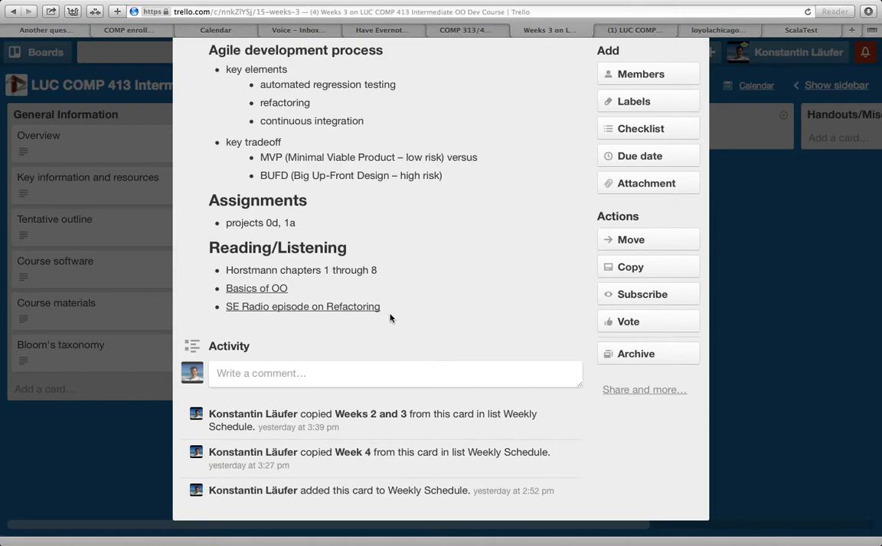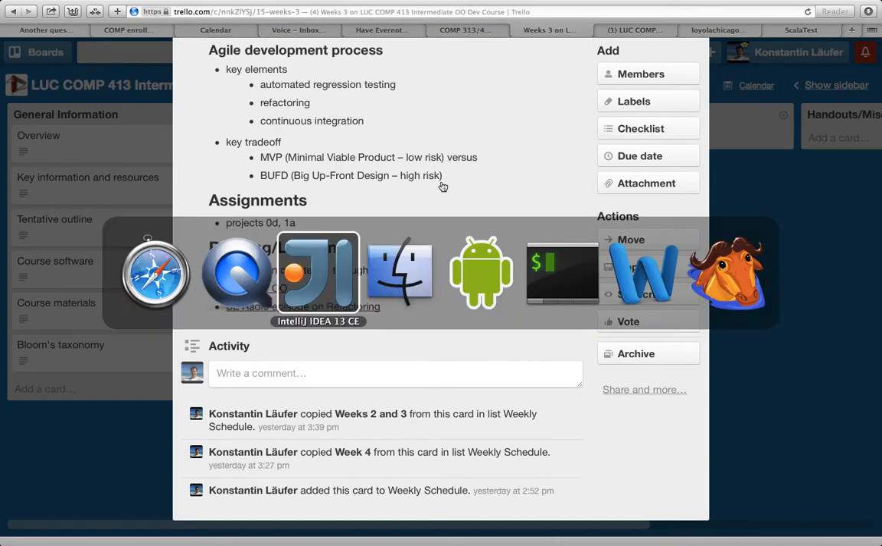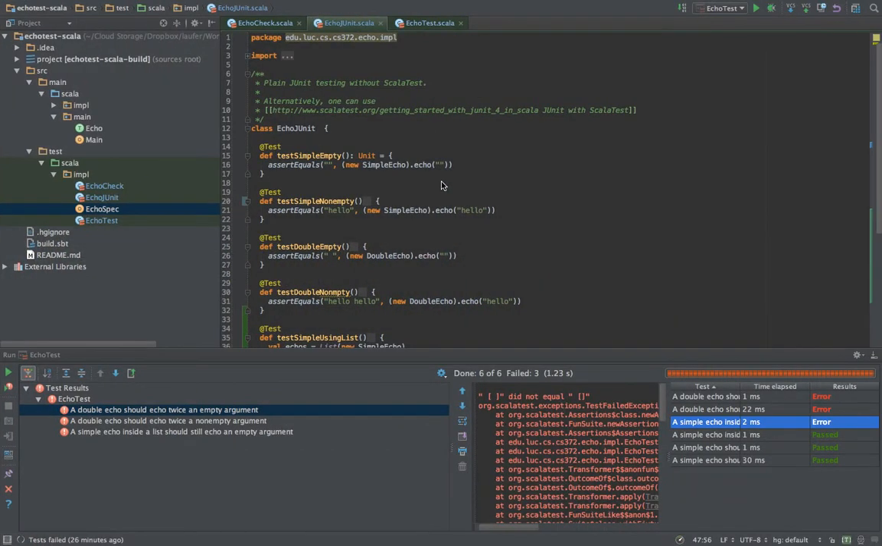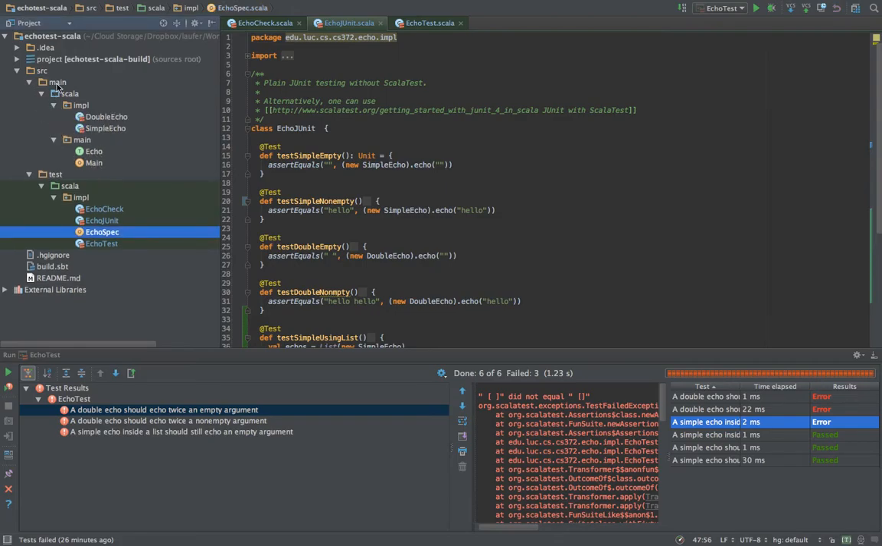Okay, now in the rest of this video, I will zoom into automated regression testing and take a look at how this applies to project 1A. Okay, so a lot of the concepts can be seen in our echo test example. So the echo test example, if we look at the main section of the code,